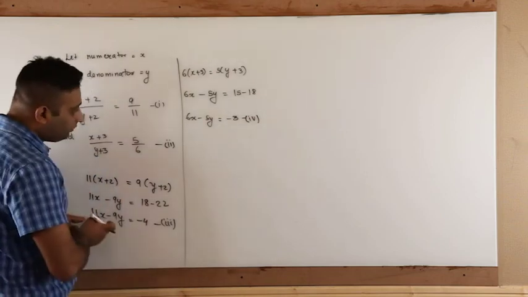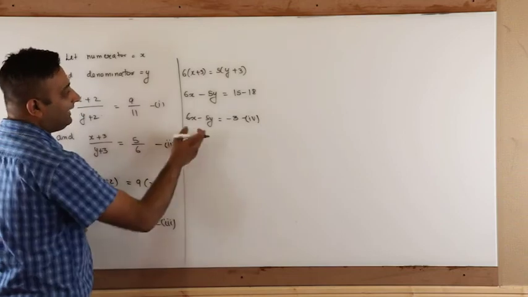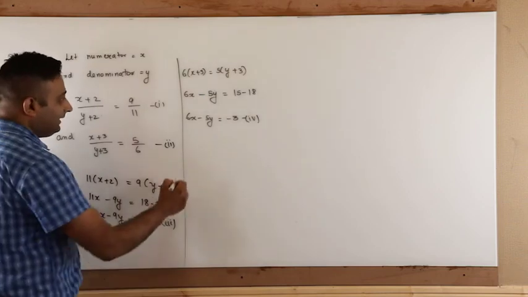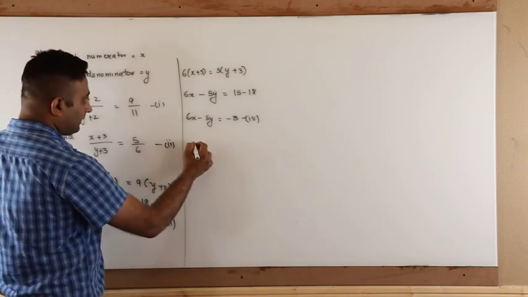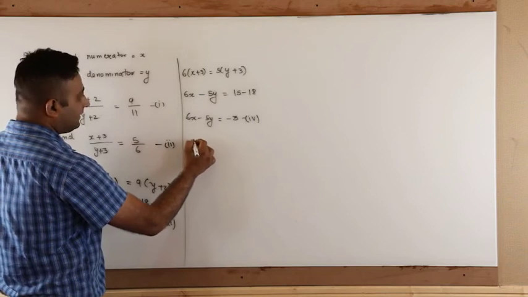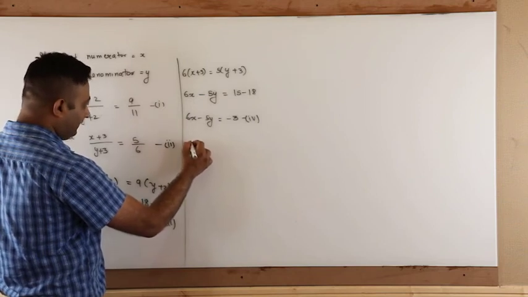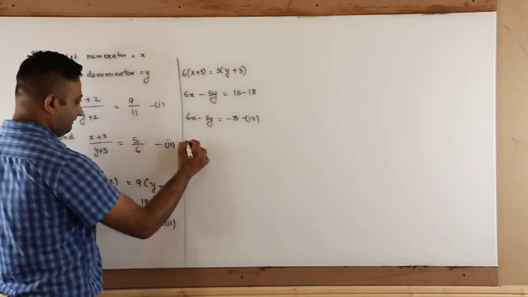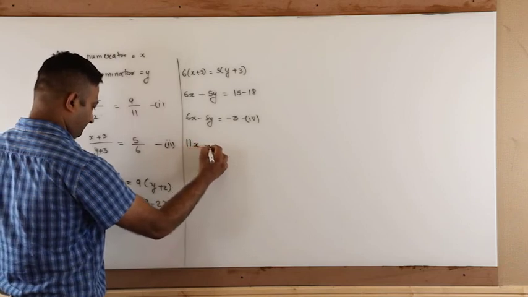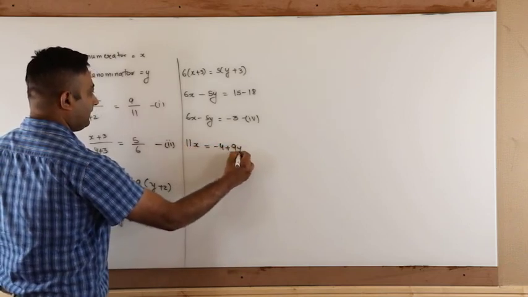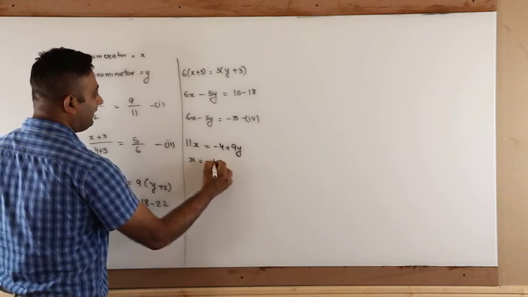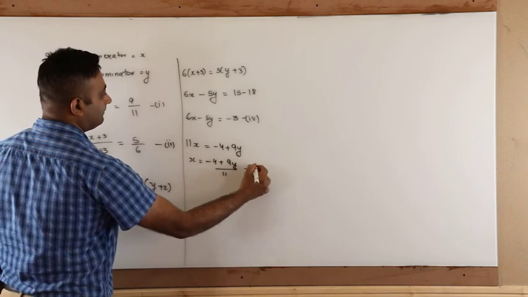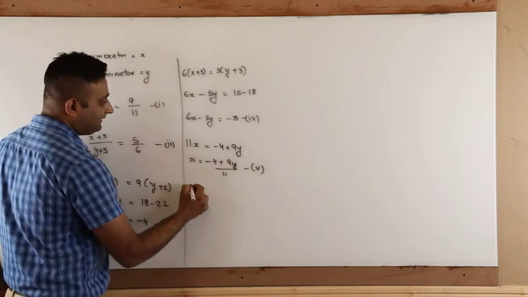Now we have to solve equation number 3 and equation number 4. We can use any of the methods. Let us solve this by substitution method. We can find the value of x in terms of y from equation number 3, and we will substitute this value of x in equation number 4, that is